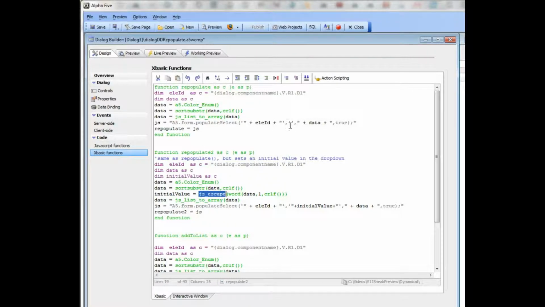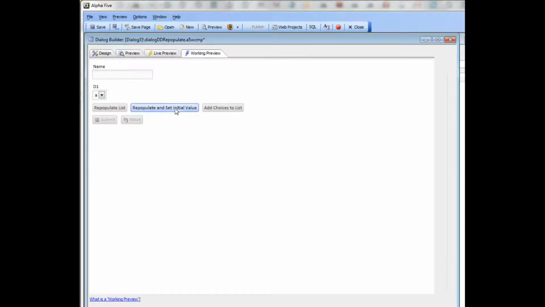repopulate2 and repopulate is that initially here we set the value of initial value to be nothing, and here we're setting it to be initial value. So you can see our JavaScript response then has a single quote, then the initial value, then the close single quote over there. So now when I press this value, we can see you can set the initial value to